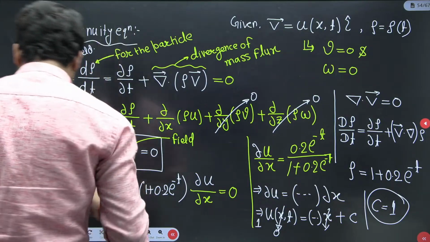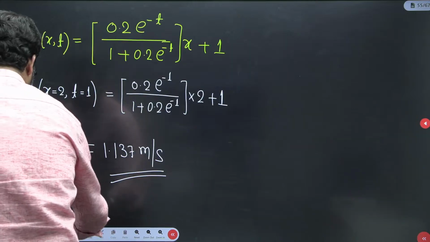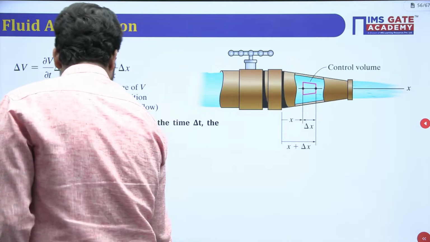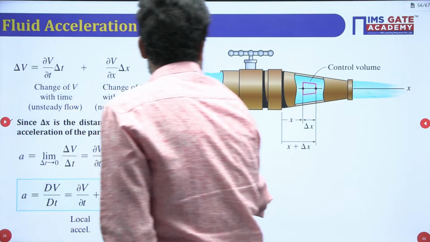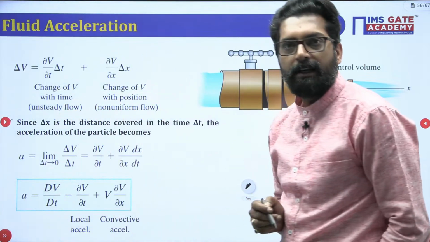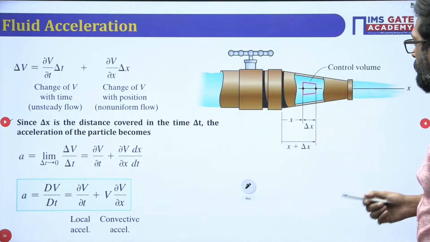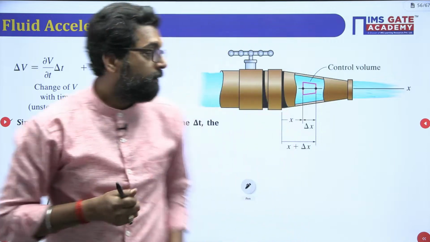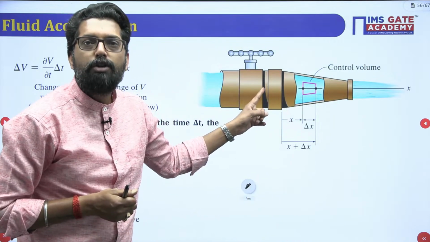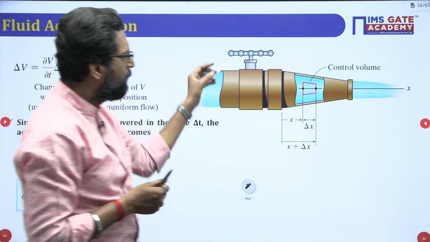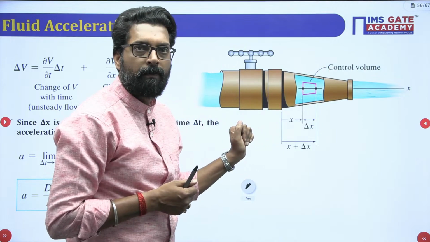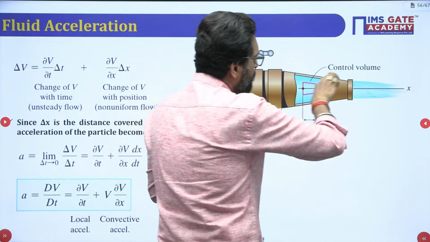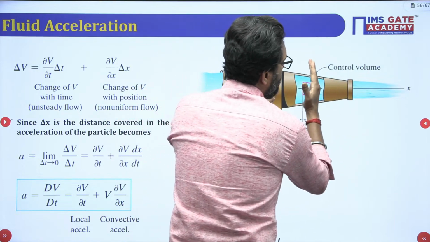Now my dear, we'll go to the next topic, that is your fluid acceleration. So you know all the things. Let's suppose this situation is unsteady and non-uniform. This is the case. Why is it non-uniform? Because the nozzle is converging, so at each and every section